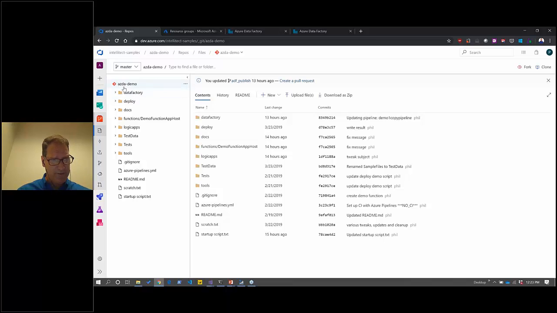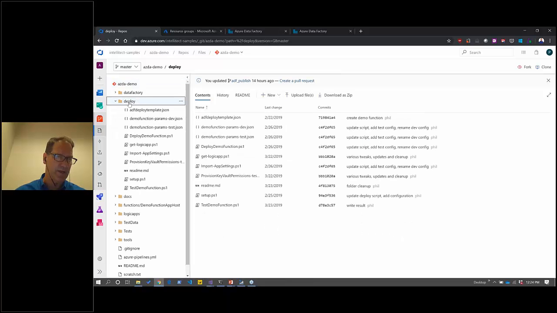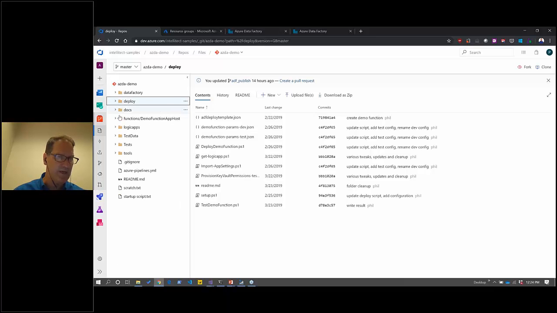So what we're looking at is my Azure Data Analytics demo. So this isn't live production code. It's just demo code based on solutions that we've done for customers. And I've organized the code such that I have Data Factory, and we'll talk about Data Factory in a minute. I've got some deployment helpers, ARM templates and PowerShell scripts to deploy ARM templates for the various components of my solution, some documentation,